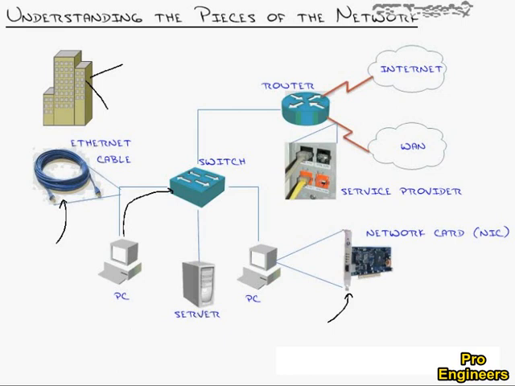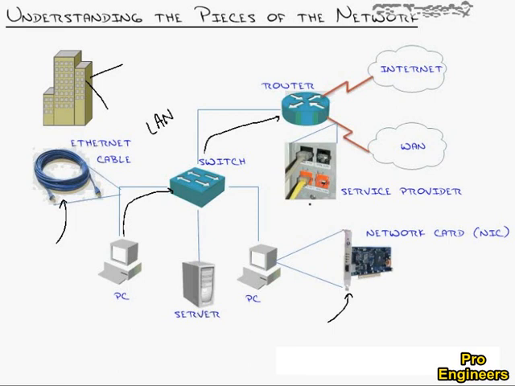Now, that switch is what allows local communication. Most people would call that a LAN, a local area network that allows people to communicate just among the local area as far as that Ethernet cable can reach. Now that switch eventually comes up here and connects to a router. Now, a router, its goal is to connect you outside of your LAN to other networks.